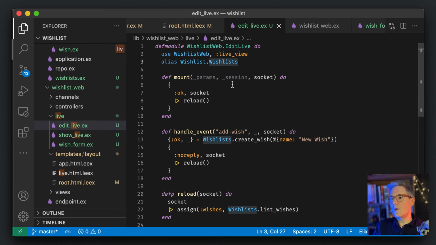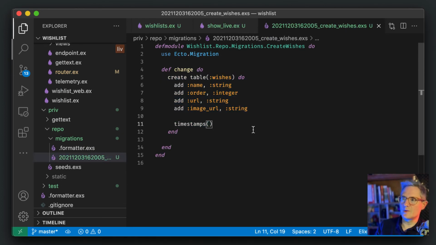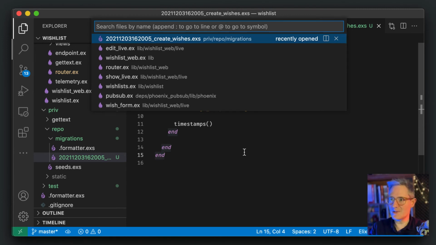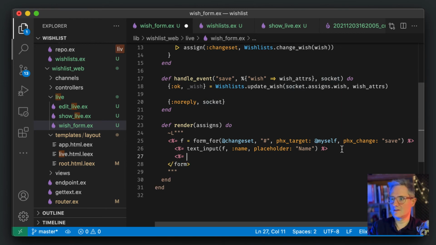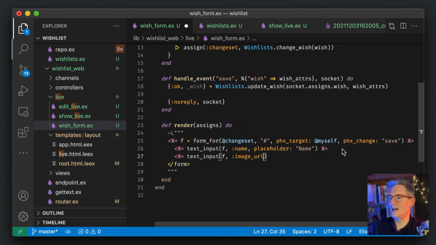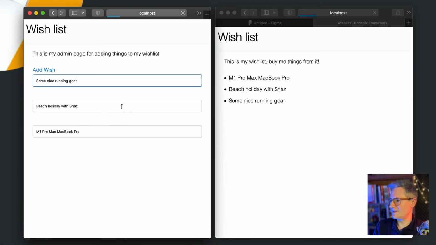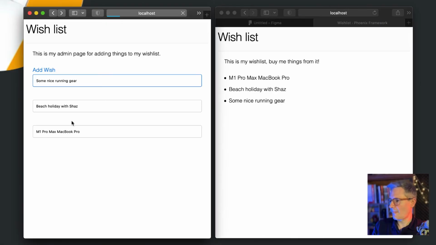We created, with a Phoenix generator, this migration, which created a table called wishes: name, order, URL, image string. I guess we didn't get around to putting pictures in. Maybe I'll just quickly show you that. So if we go back into wish form now, because we've got all the infrastructure down there, let's do a text input f, let's say image URL, placeholder image URL. This will show up here now. If we put a closing tag there, so now we should have